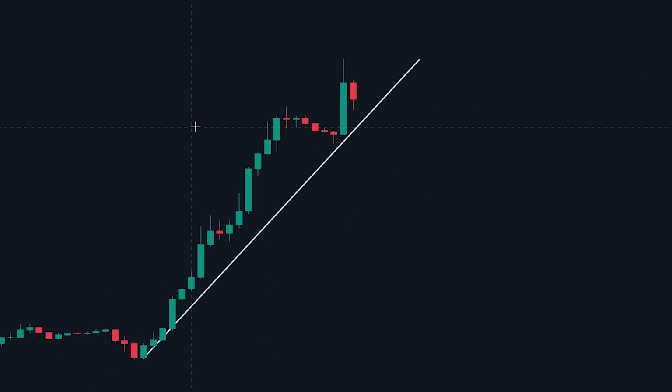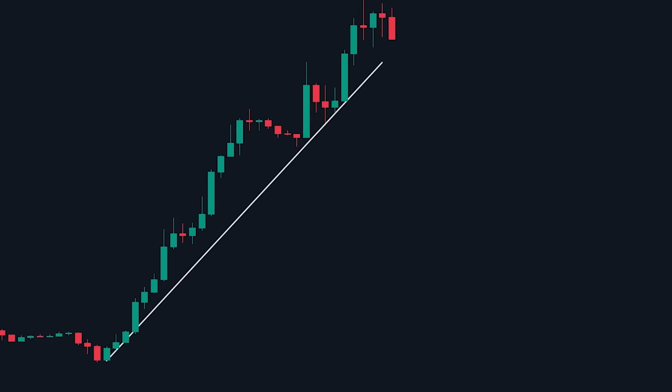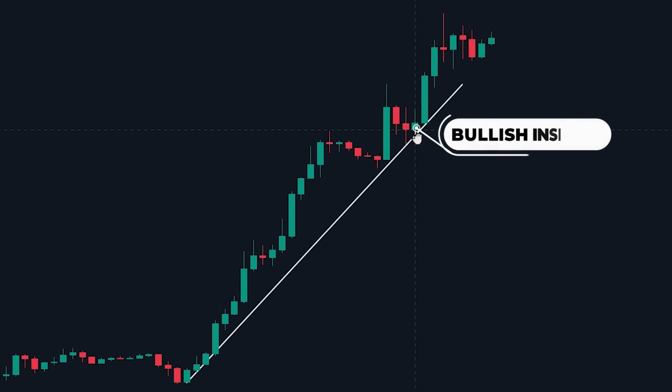We can also see that the price action is still respecting the higher low structure. Because of this, we will continue waiting for a better entry. We can see that right after the bearish inside bar, a bullish inside bar formed. This time the price action is at a support zone. Along with this, the price action is also in a large uptrend, making it a good idea to enter into